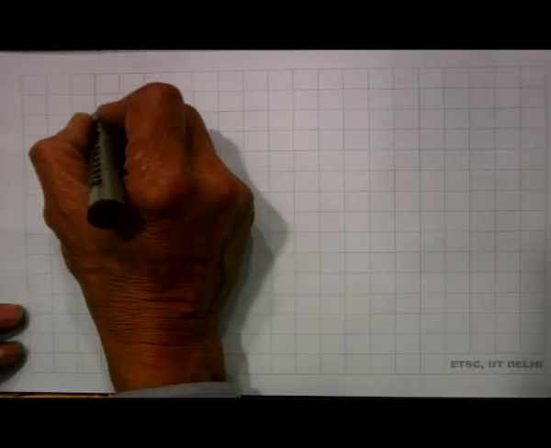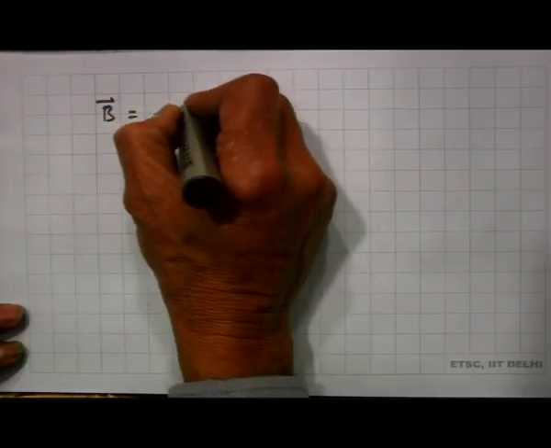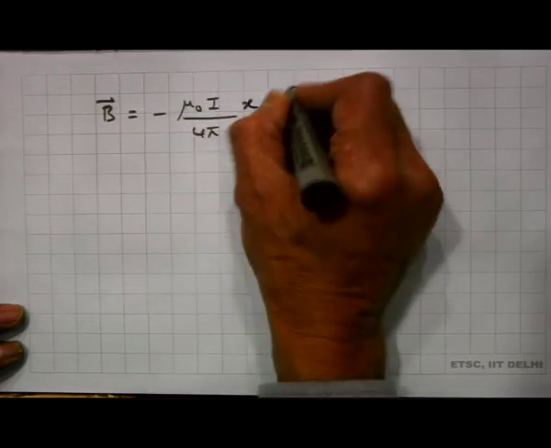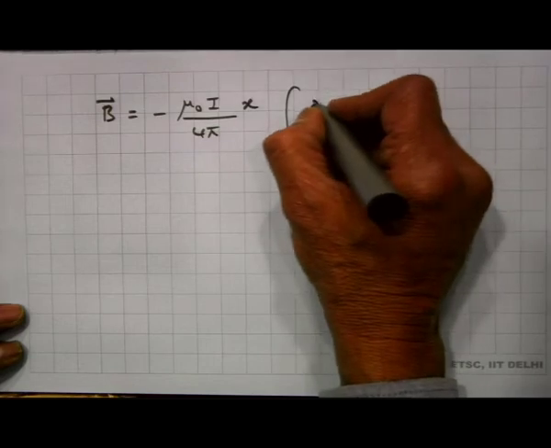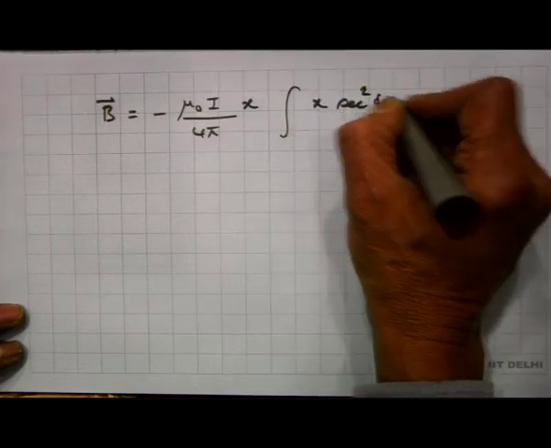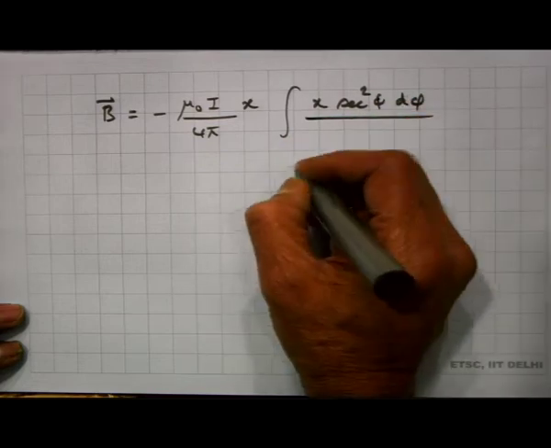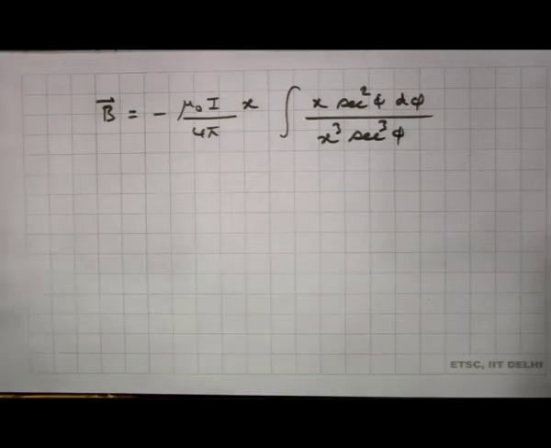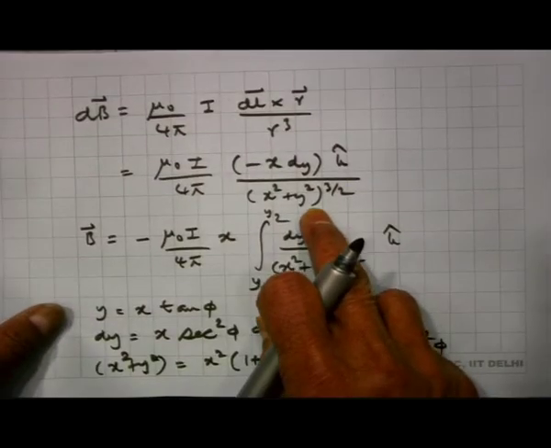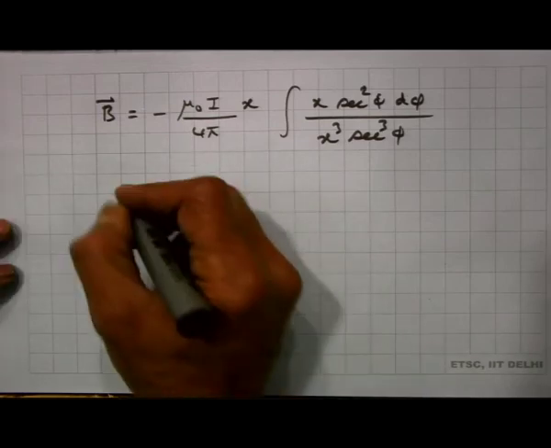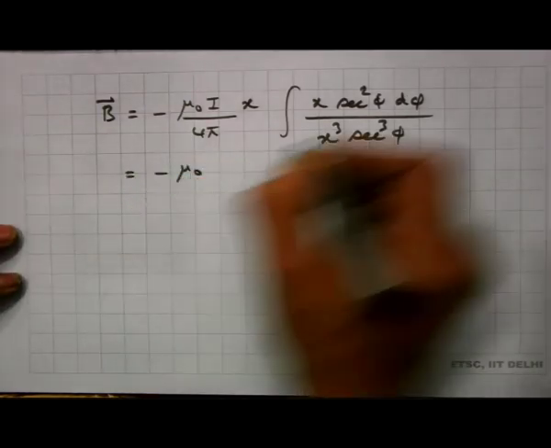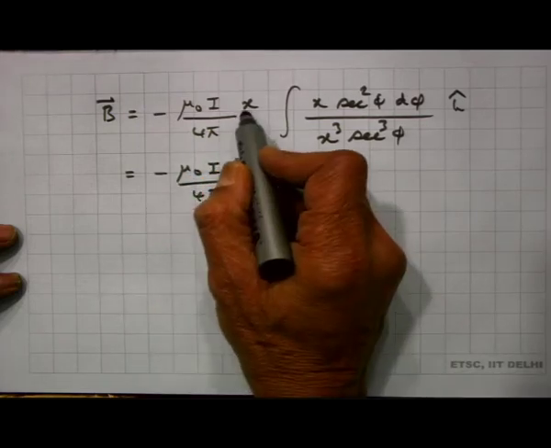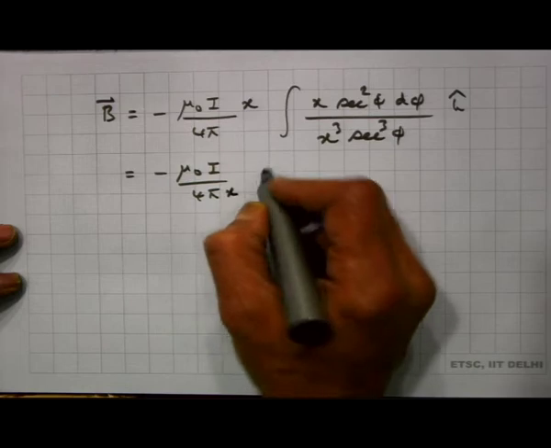So, B is equal to minus mu naught I by 4 pi x integral x secant square phi d phi divided by x cube secant cube phi. Remember, this is x square plus y square raised to 3 by 2 here. So, I have x cube. So, this is equal to minus mu naught I by 4 pi, there is a k cap, there is x square and I get x here, integral